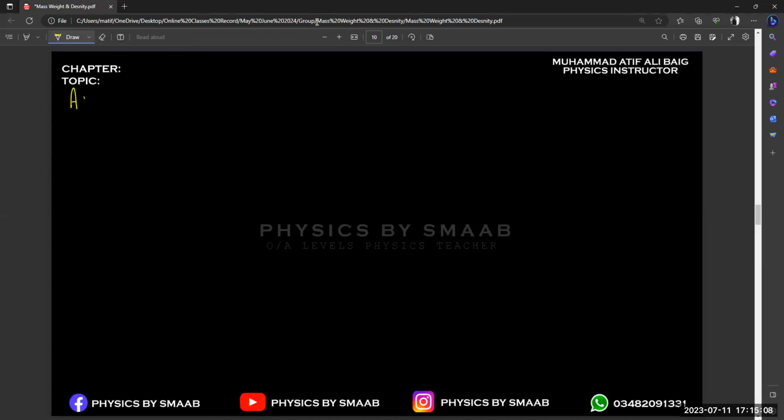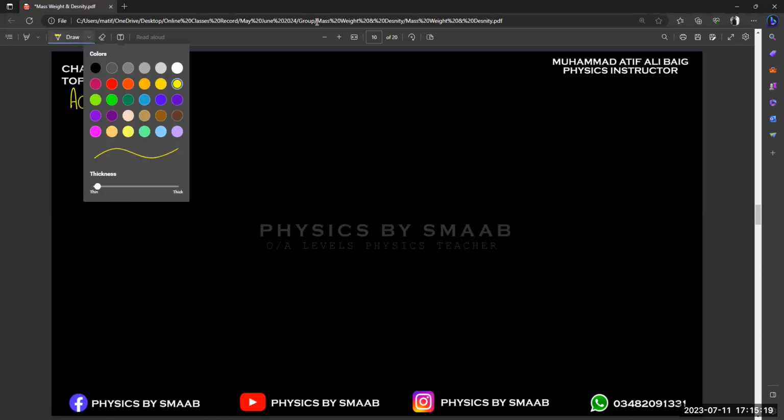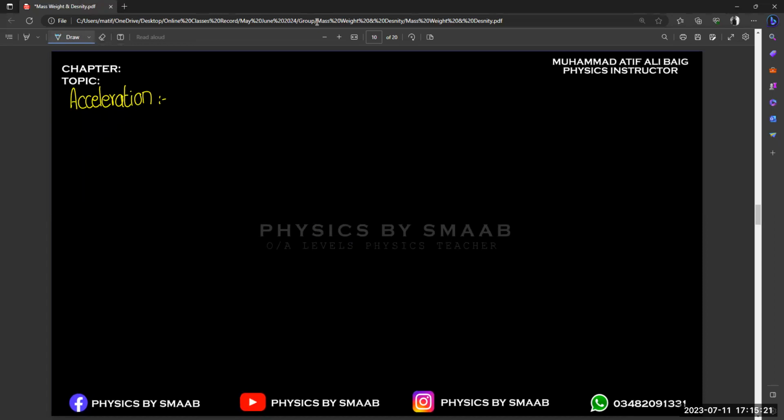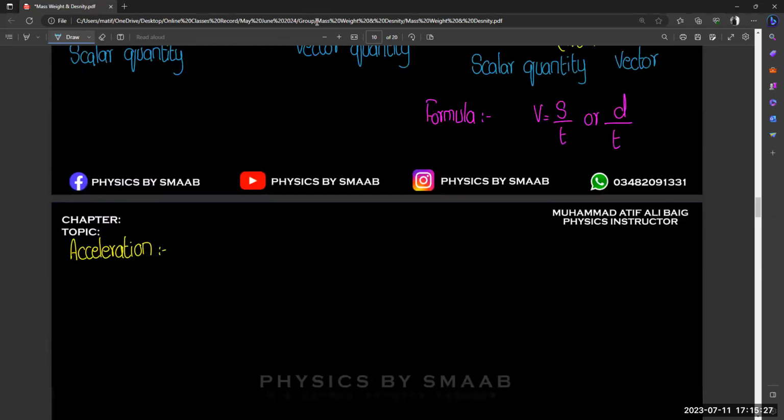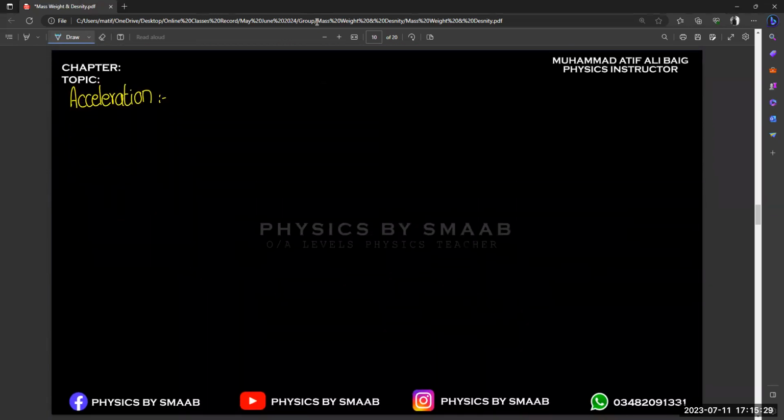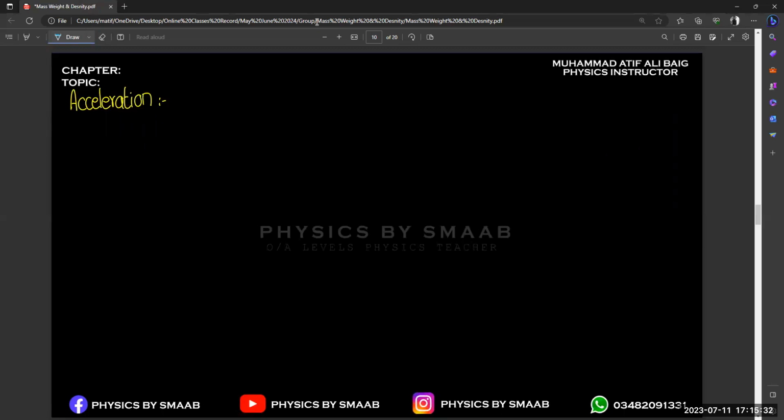So the next term is related to acceleration. Okay, we already studied speed and velocity, right? Now we just generally talk about acceleration. So basically, the rate of change of velocity. Yes, very good. Simple, because first we start with length, then we divide length by time. So that is a derived quantity, velocity. Then we continue with acceleration. So the rate of change of velocity is known as acceleration.